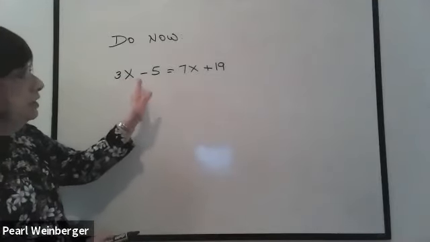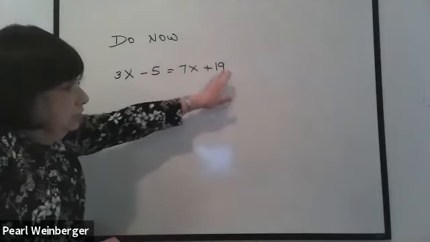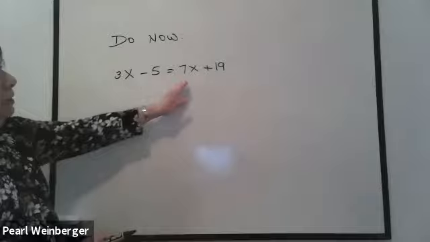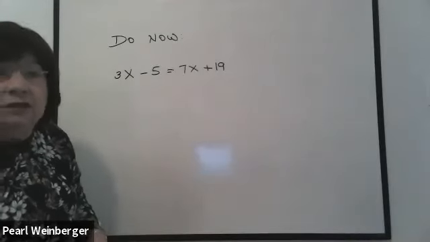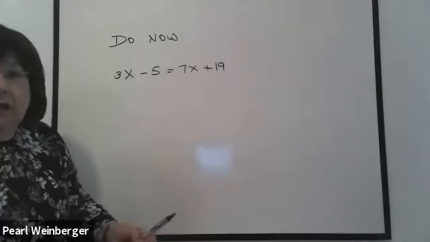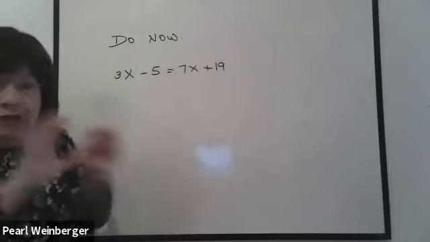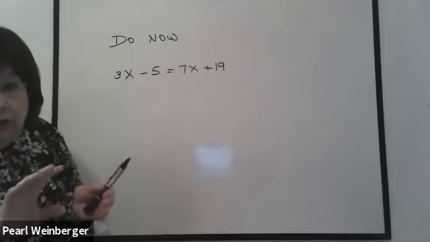So the first thing is I want to get the numbers to the right side. Does it matter what side you go to? It doesn't make a difference. So I could start with trying to isolate the 3x, or I could start with trying to isolate the 7x. Doesn't matter. In other words, moving things around, it doesn't matter which order you do it.